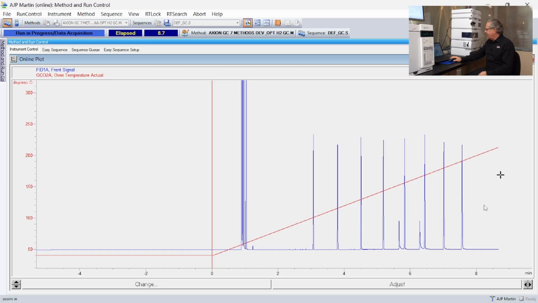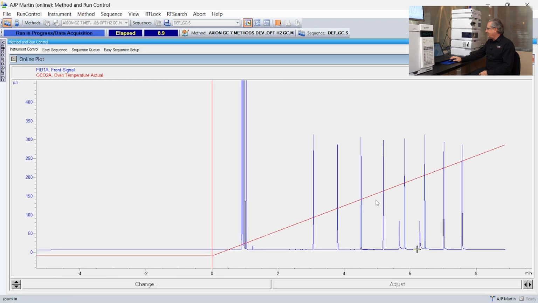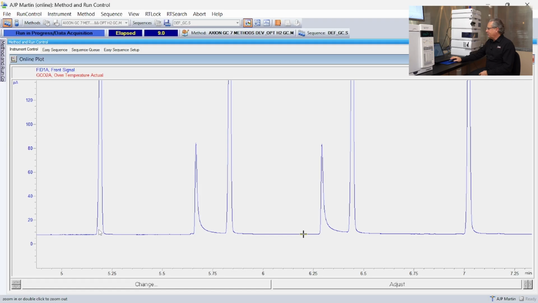I've got 2 alcohols. So the one thing that jumps out to me is, although we see beautiful separation with the hydrocarbons, look at the peak shapes of the alcohols. Let me zoom out for a second. Can you tell which ones they are? See, beautiful, symmetrical, tail, symmetrical, tail, symmetrical, symmetrical. So those 2 tailing,